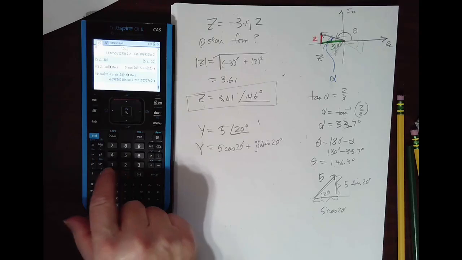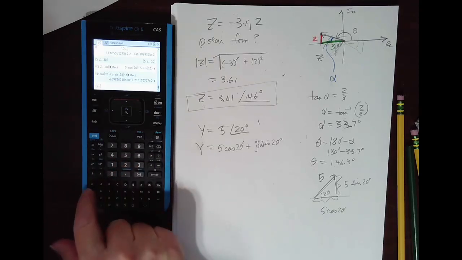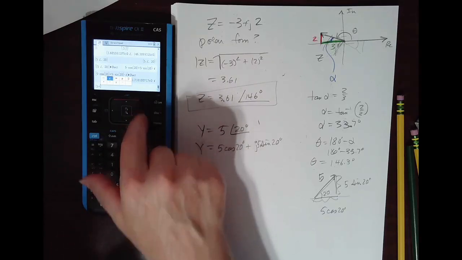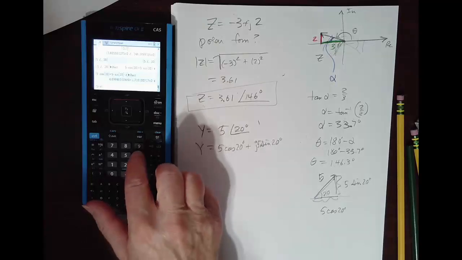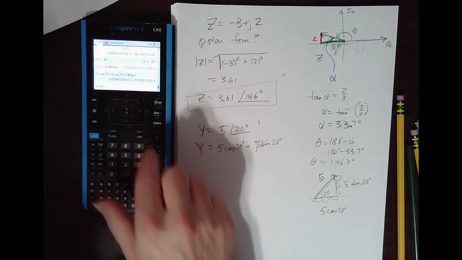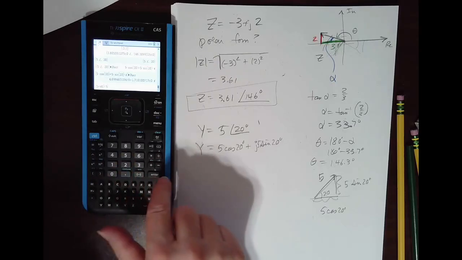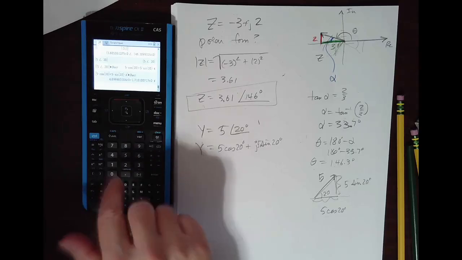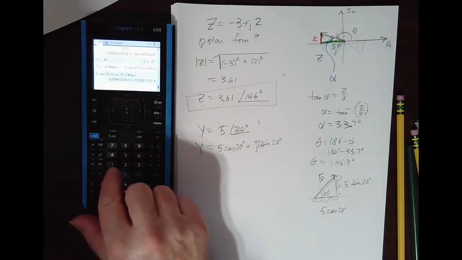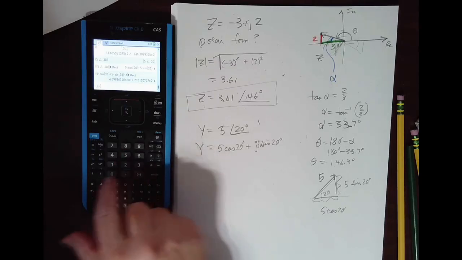I think it likes them to be in parentheses, but if you do 5 plus j6, and then multiply that by, let's see if I can remember how to get an angle, in parentheses first. I lost it. Oh, what happened? Didn't mean to do that. Okay, let's try it again. 5 plus